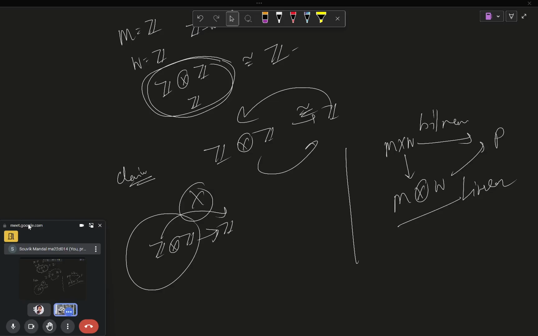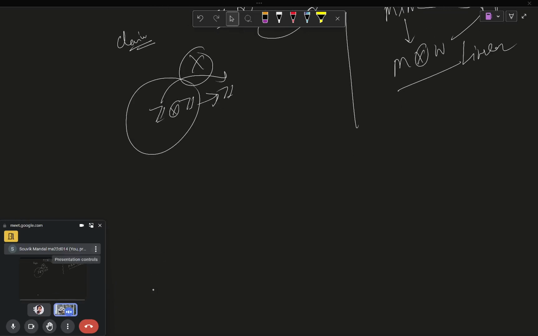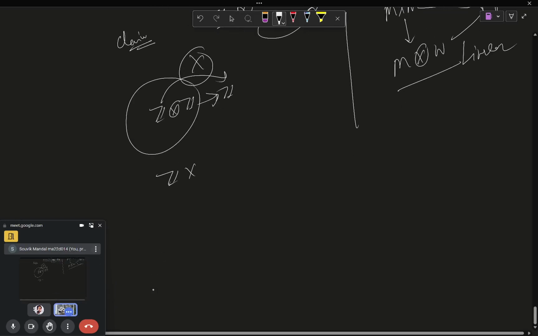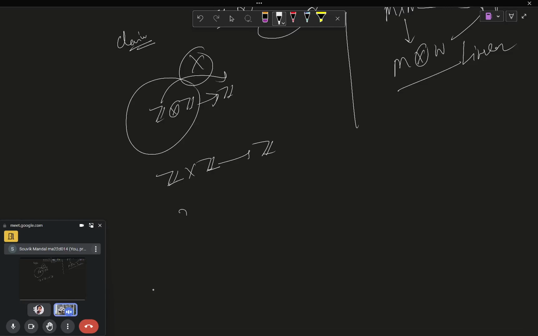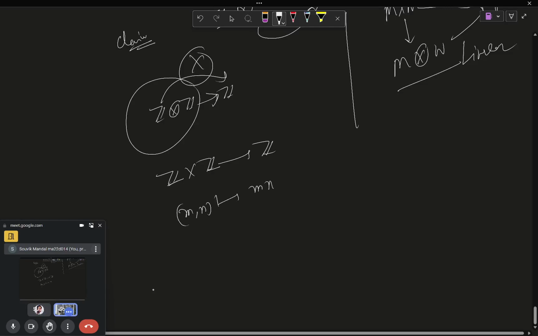So first we will try to get some map from Z cross Z to Z, which is bilinear. This is what we need to do first. Understand? So what is the obvious way? (m, n) goes to mn, just multiplication. Integer multiplication. Now, if you call this f, first check